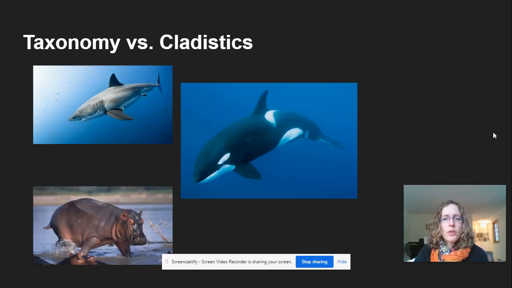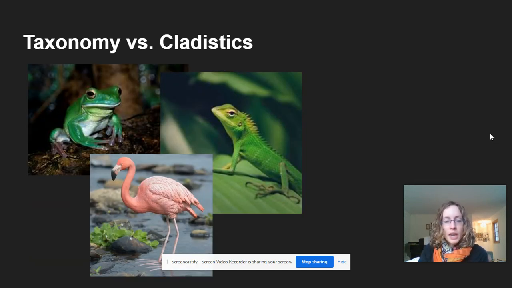We've already talked a little bit about how looks can be deceiving. Even though a shark and a whale look very similar, really whales are more closely related to hippos, and genetic similarities and other things, like the fact that whales and hippos both make milk, are better indicators of evolutionary relationships than just looking at the shape of the body. And the same thing comes into play in all kinds of groups,